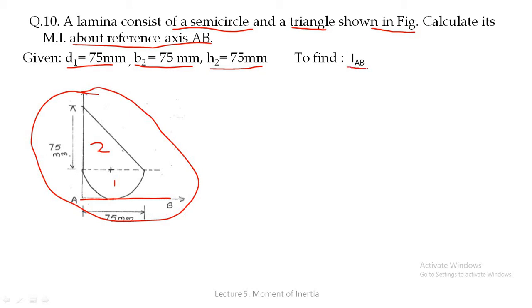Now remember, this is a different type of numerical. In the last lecture, the numerical consisted of a hole cut from a rectangle, and we had to find the moment of inertia about the horizontal centroidal axis and vertical centroidal axis of the remainder plane. But here we have to find the moment of inertia about an axis which will be parallel to the horizontal centroidal axis of that given plane. Are you getting what I am trying to say?